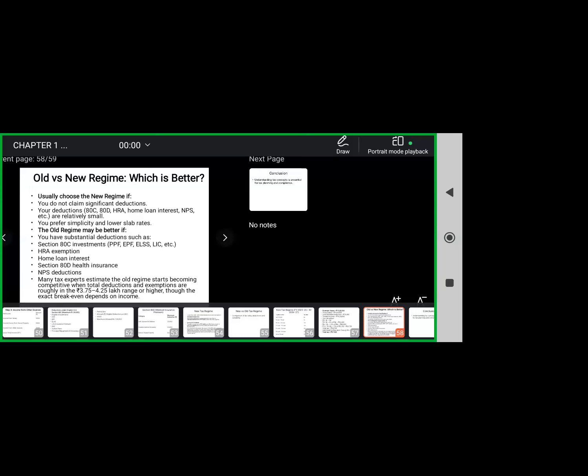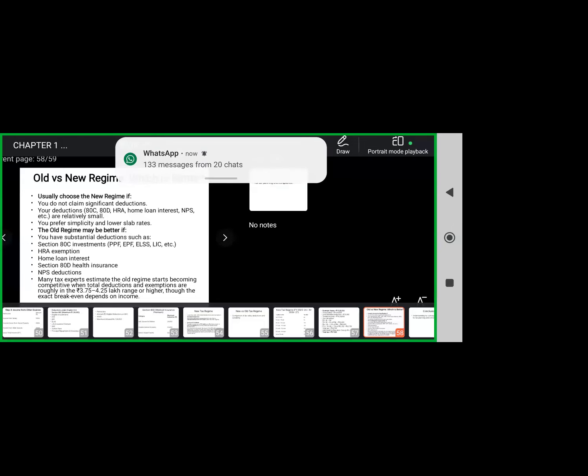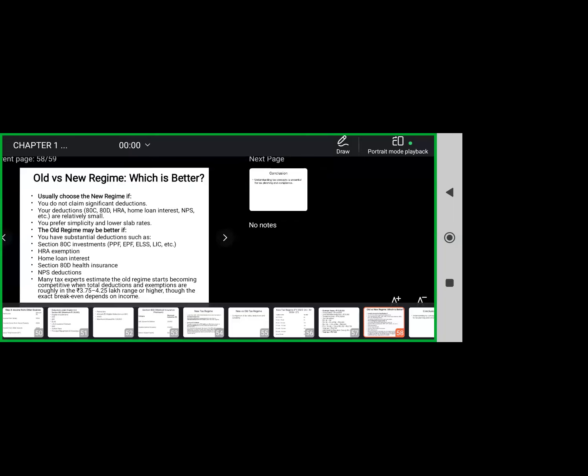See, if you want to check or verify what is better and what is not better, unless and until after OTP you submit, you press the submit button, return is not filed. So select new, put all the facts and figures, select old, put all the facts and figures, generate tax liability and just check which is suitable. If you prefer old one, go for it if it is lesser amount. If after getting new one, lesser amount of tax liability is generated, prefer it and submit it.